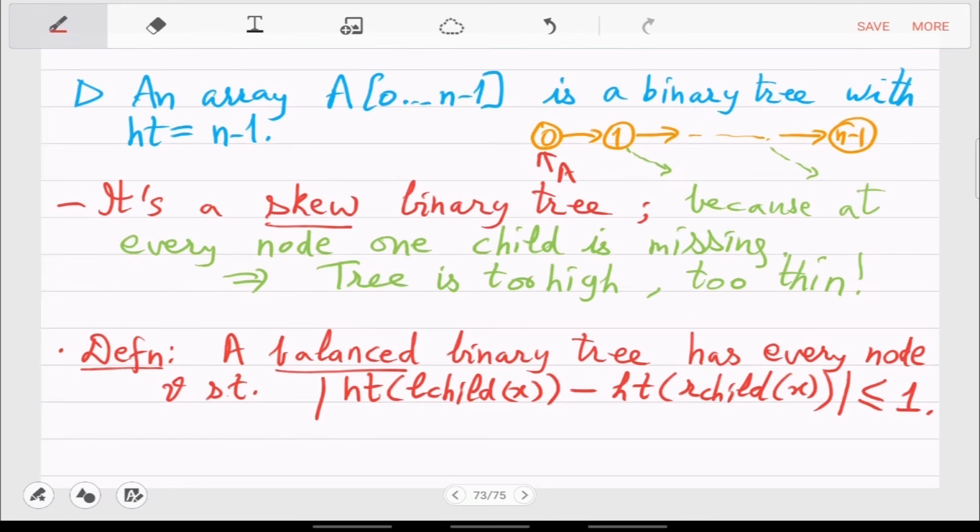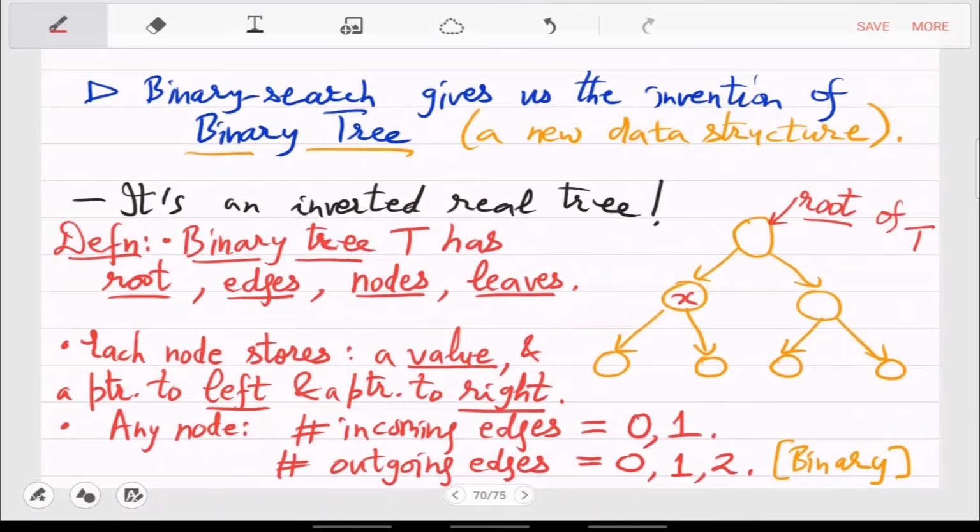So again, you can see that example. This example is nice because when you look at a node like x, both the heights of the children are 0 in this case, and in the case of the root, the height of the left child and right child is 1. Okay, so the differences were 0.